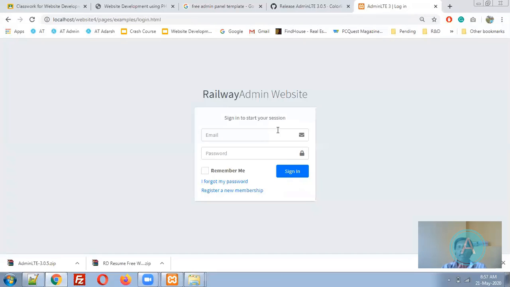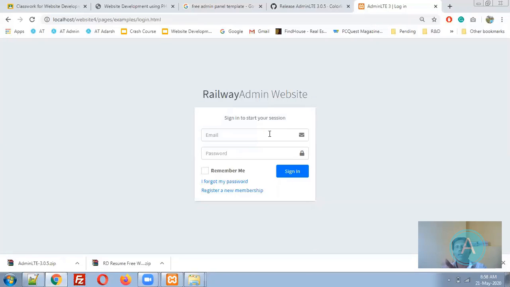Because in admin there will be rich functionality. There will be add, update, delete, import. So many functionalities will be there. So we need to use templates which can provide more functionality. That much attractiveness is not necessary, because the admin knows everything. They just want to manage their products easily. In the previous example, we have taken care of the login example. The same things you can implement over here.